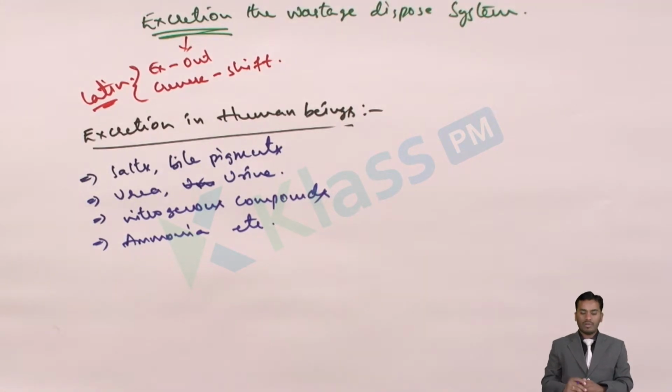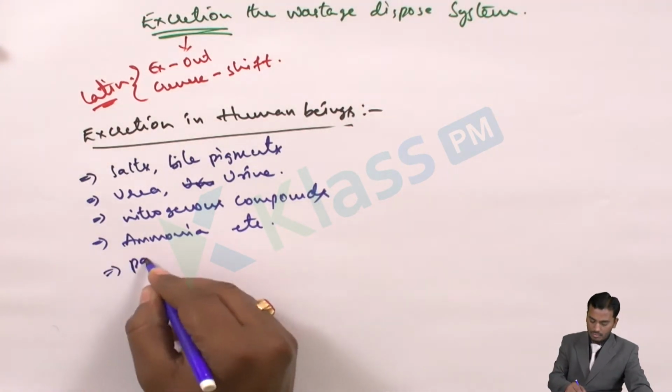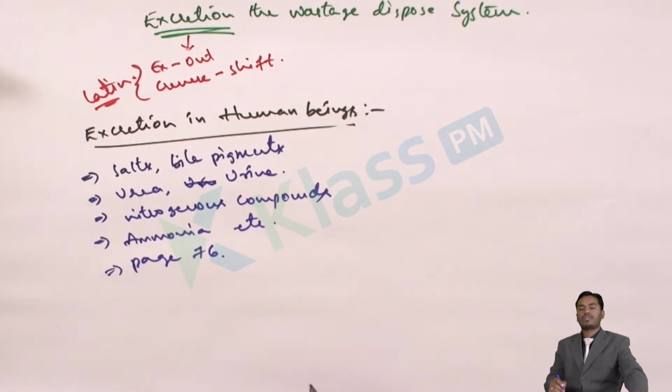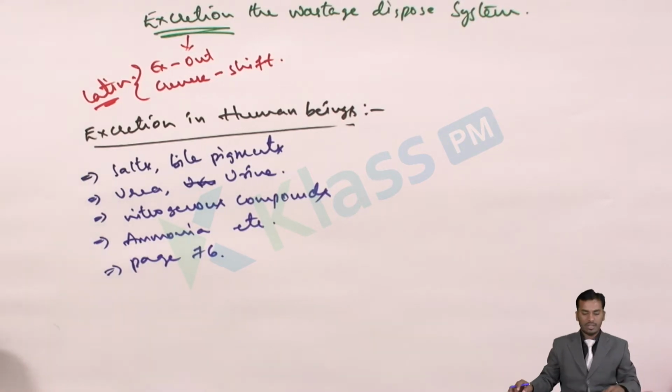What are the different ways and processes that we'll be learning? Even in your lesson, the different types of products, gases, chemicals or waste material present in our urine as well as blood are given. If we test both of them over a time period of 24 hours, you will come to know. The table is given on page number 76, just go through that and refer to it.